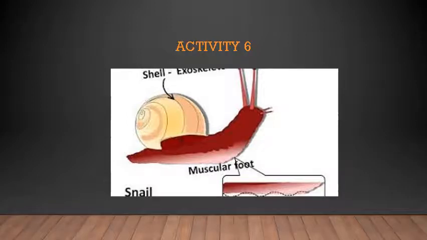Now the shell, the exoskeleton or the outer skeleton, protects the snail. When you touch the snail, the body will go inside the shell and it protects itself. The shell is a single unit and does not help in moving from place to place. It has to be dragged along. The shell cannot move on its own. So the snail itself moves with the shell.